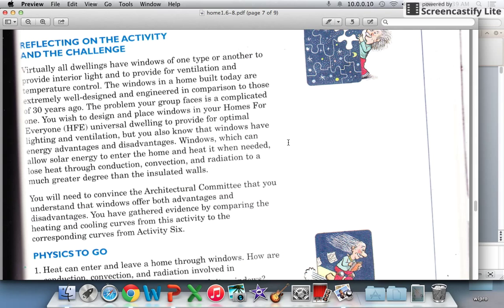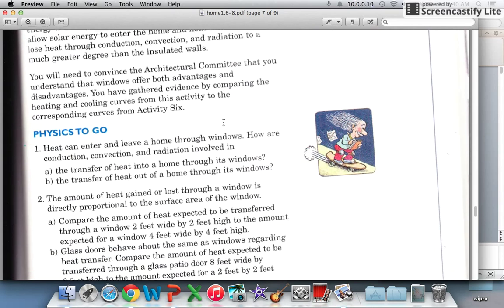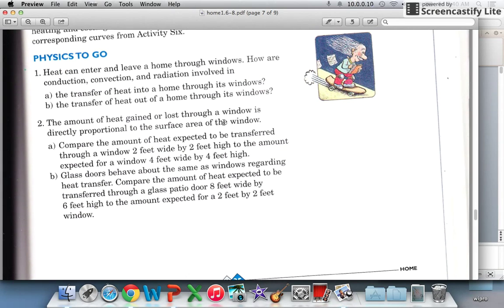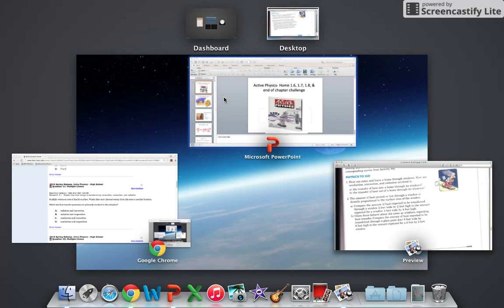Again, having them think about how can they improve upon this, perhaps having closable windows or flaps or something that will help these windows be effective during heating, but also to prevent heat loss during the cooling phase. Okay, so they go through that,